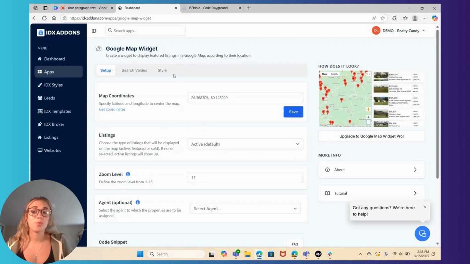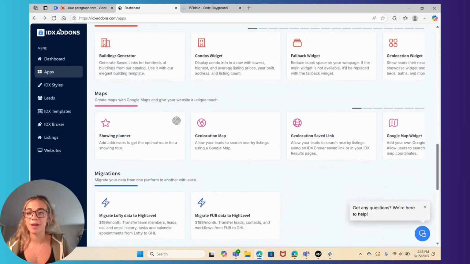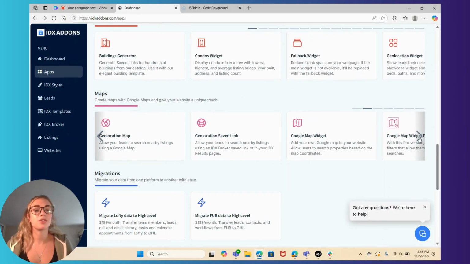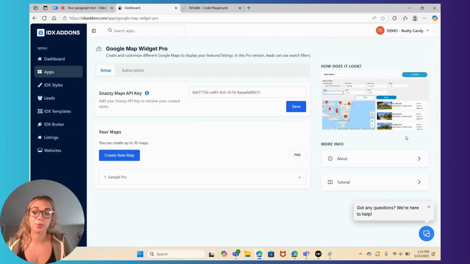If you want something more than the Google Map widget, we have an advanced version of it. If you go back to the IDX Add-ons menu, scrolling down to Maps right here, right next to Google Map Widget, we have Google Map Widget Pro. Very similar to what we just looked at, but with more filters, more foundational advancements, and just going to make the overall process of creating your website improve. That is available to use as well, but Google Map Widget is free for IDX brokers to use, which is really nice,